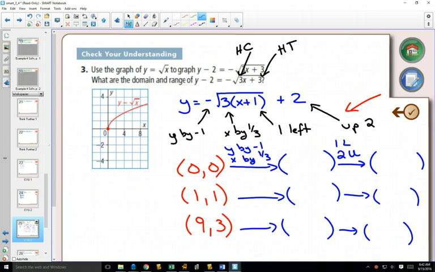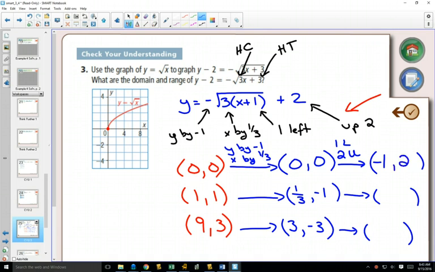So 0, 0, when multiplying by things, will stay 0, 0. Our second point, when you multiply by 1/3, you're going to get 1/3, and y by -1 will be -1. And here, x by 1/3 will be -3. So we see in that second point that we have a fraction already. Moving things left